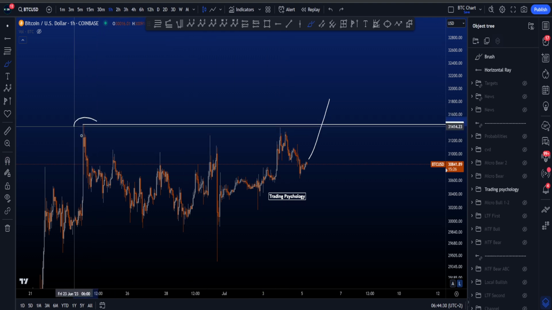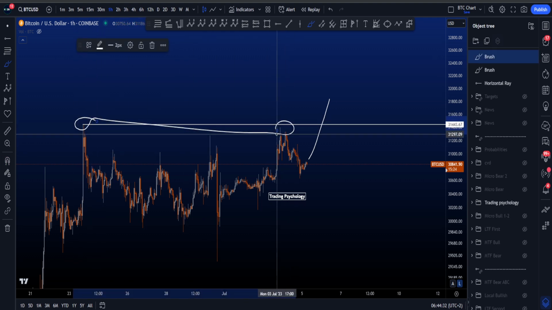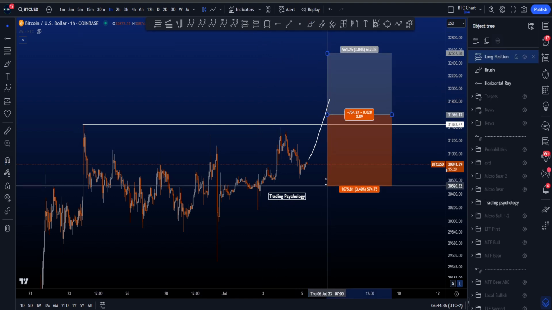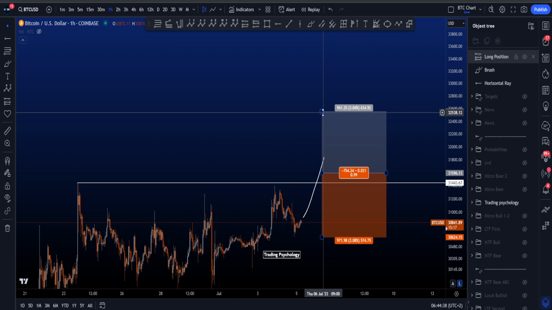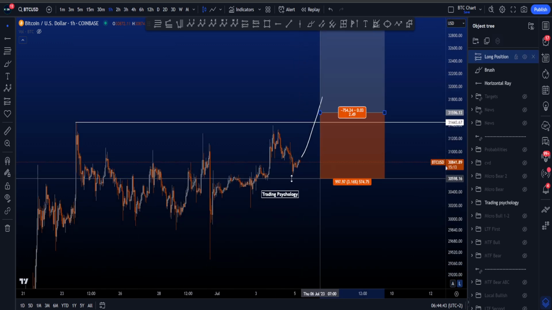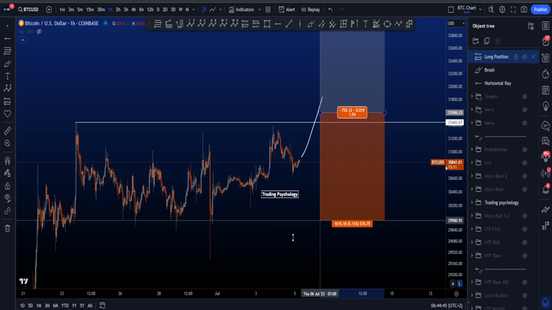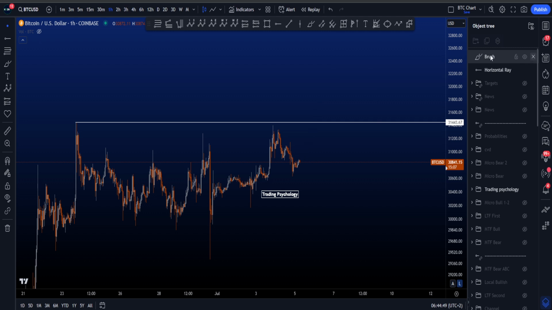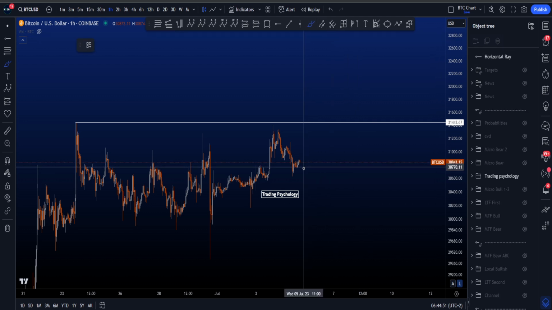People with short positions put their stop losses above these highs, so you stop them out. Then you have the breakout traders that are going to be longing based on the moon boy stuff, right? And they're going to be looking for these type of moves. So probably their stop loss is going to be below the low over here, or here, or here, either or. But then instead, what I think would be absolutely brilliant is